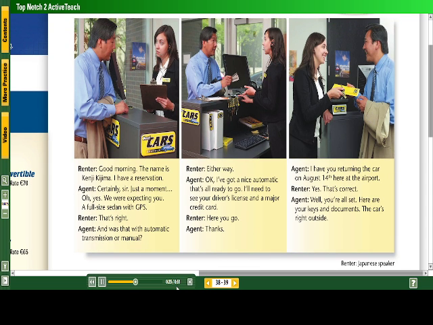And was that with automatic transmission or manual? Either way. Okay, I've got a nice automatic that's all ready to go. I'll need to see your driver's license and a major credit card. Here you go. Thanks. I have you returning the car on August 14th here at the airport. Yes, that's correct. Well, you're all set. Here are your keys and documents. The car's right outside.